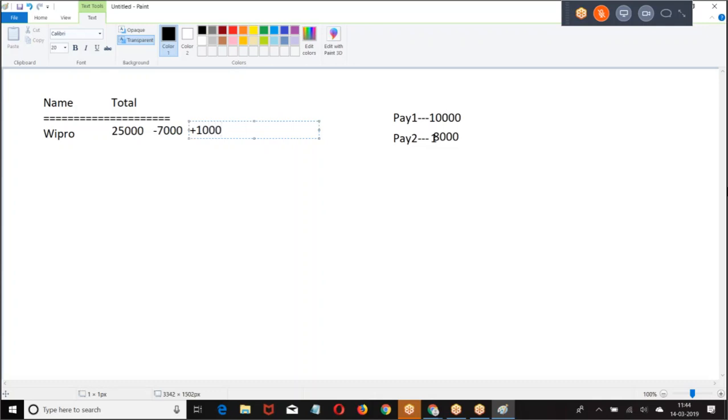Are you getting my point? So when the child is created, add it to the parent. When the child is modified, increment or decrement the parent. When the child is deleted, decrease the count. This is the functionality of roll-up summary. If you create a roll-up summary between two objects, this is how the calculation happens. When a child is created, add the amount to parent. When the child is deleted, remove the amount from parent. When the child is modified, the difference should be added or removed. Is that clear? This is the roll-up summary.